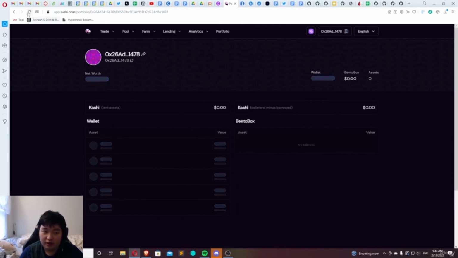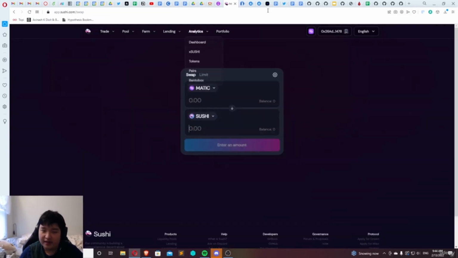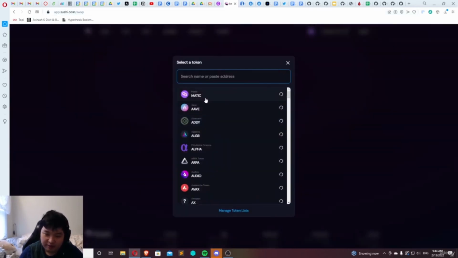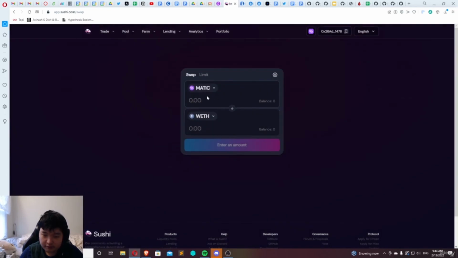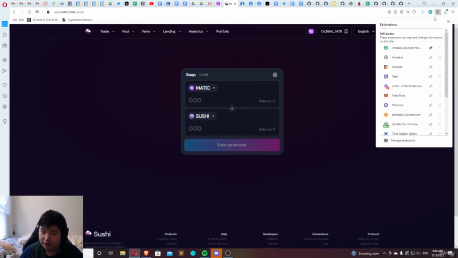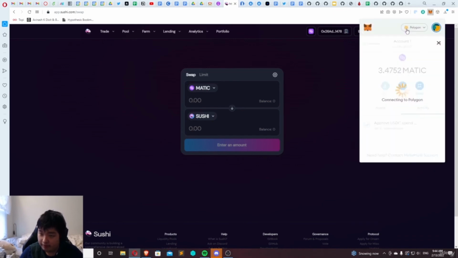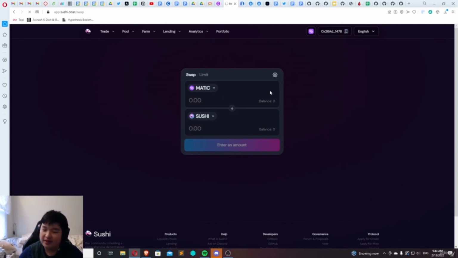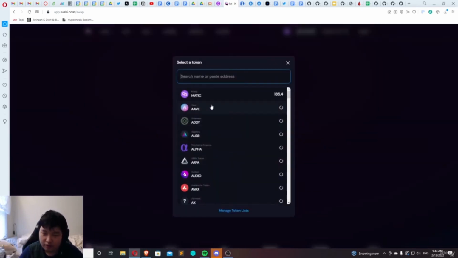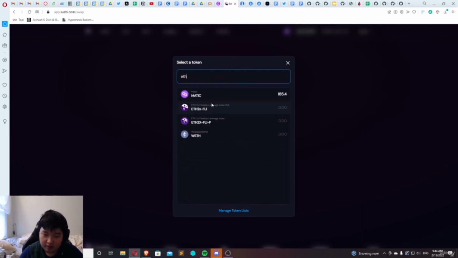So if this thing will load, that'll be great. Oh, sweet. All right, so we can swap some of our Matic into wrapped ETH, and all I need to do is give this a reload, and then swap onto Polygon mainnet. I have a broken RPC on one of them, so that's why I need to swap again. There we go. So if you want to switch, let's say 10, into WETH,